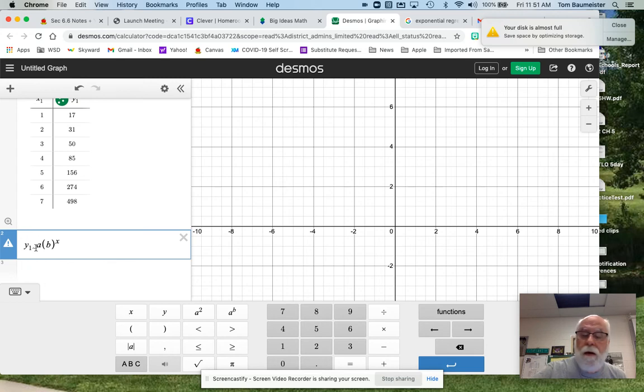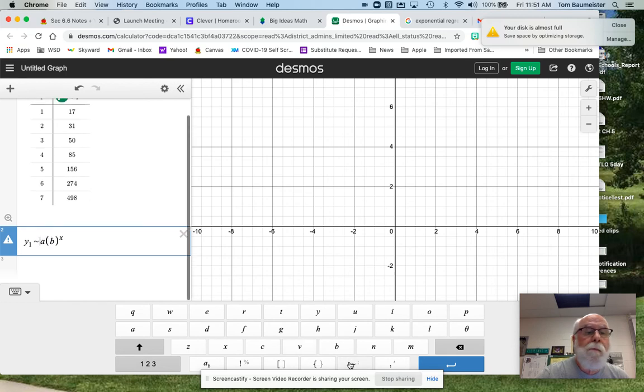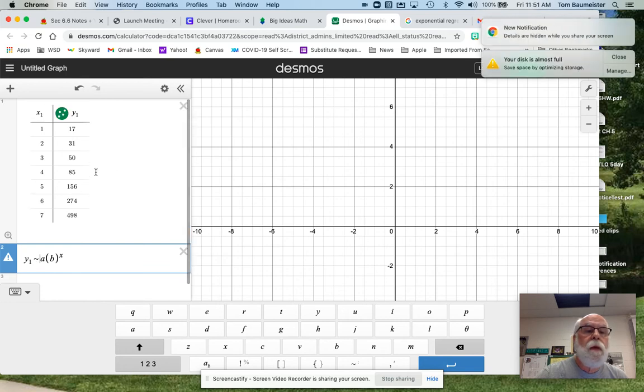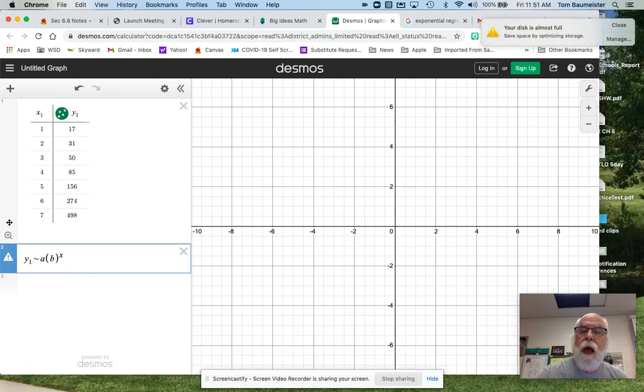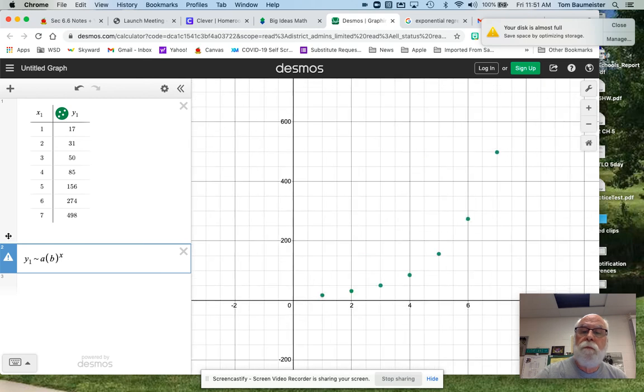And let's see here. I think I should have tabbed it there also, to get the tilde up. There we go. And let's see if we can zoom fit it. And there is our exponential. All right, so remember, once you get it in, zoom fit it so that you can see it. So now that we have it there,